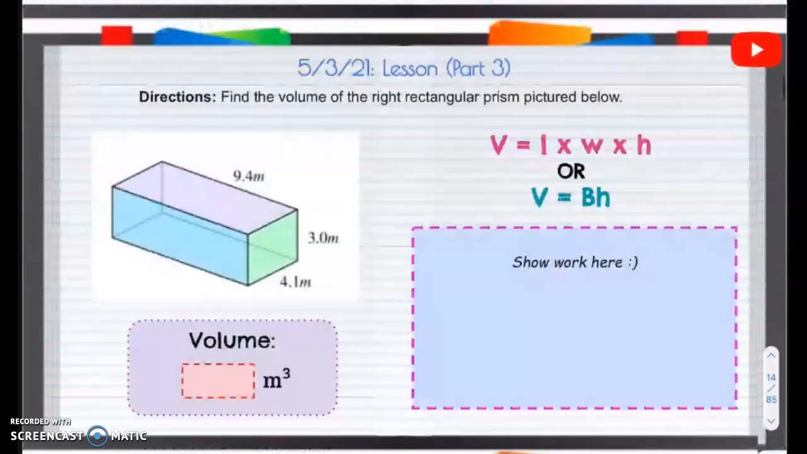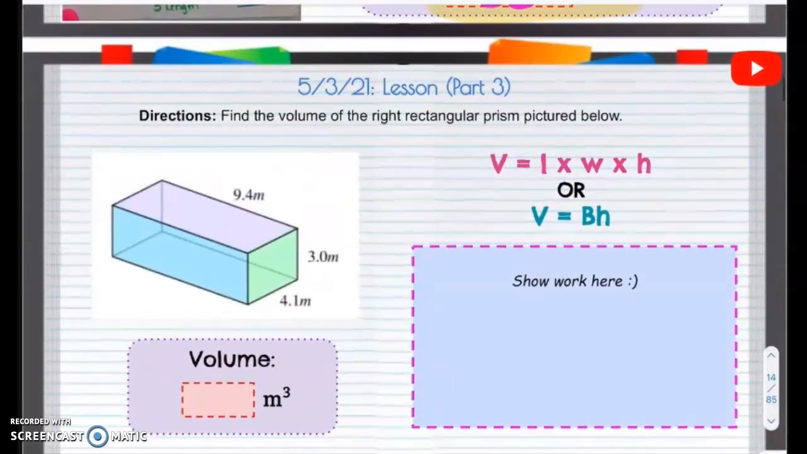So I'm going to put this lesson part 3 on here. So we're going to multiply again. We're going to find the volume. The volume is when you multiply the length times width times height, or the area of the base times that height. So it's going to be length times width times height. If you do